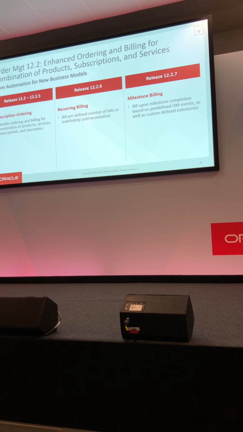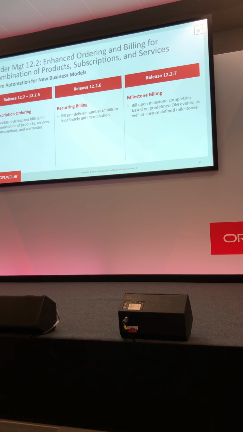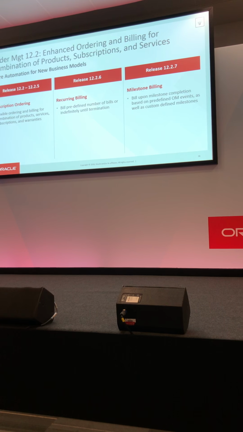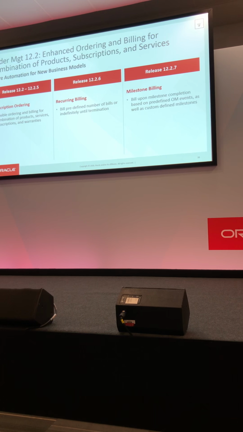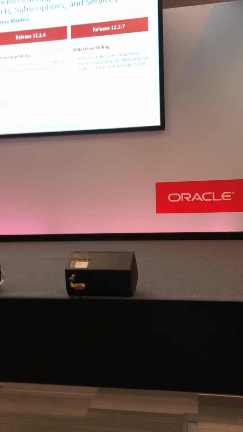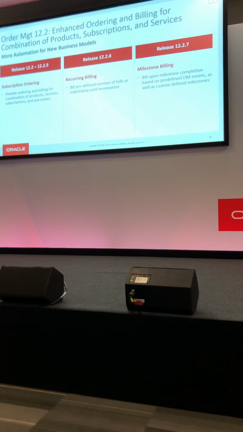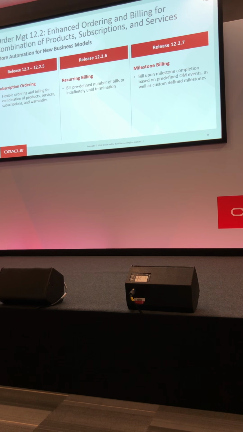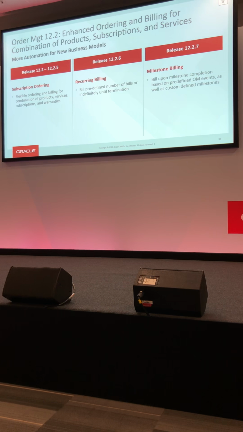You can have milestone-based billing, so if you have a kind of configured product where you want to take a down payment on the initial order, you take another payment on delivery, and then you take a final payment after the product has been tuned or set up and configured and the customer is satisfied, you can now set that up just within order management and essentially sell something that's billed on a simple milestone